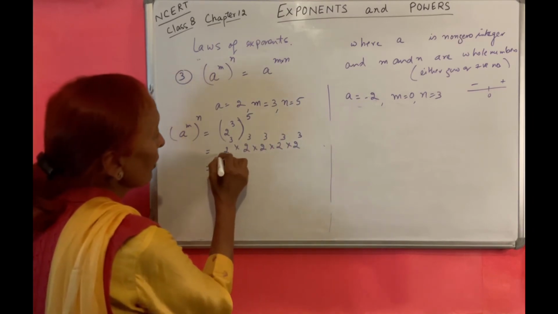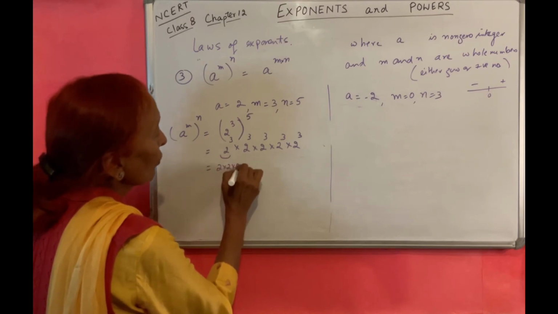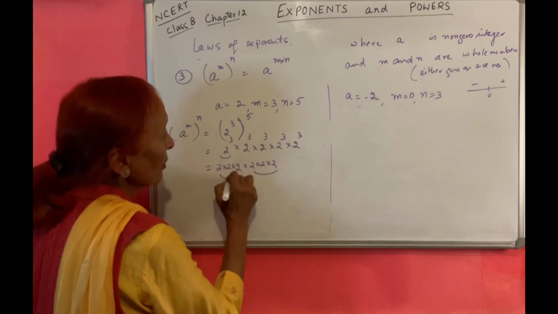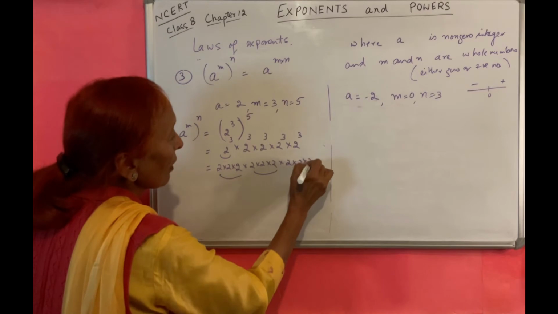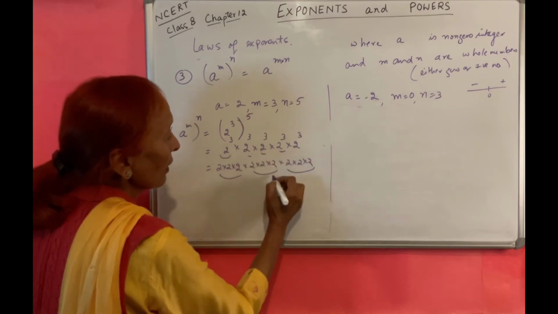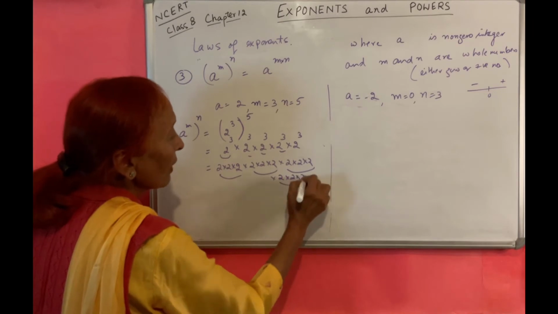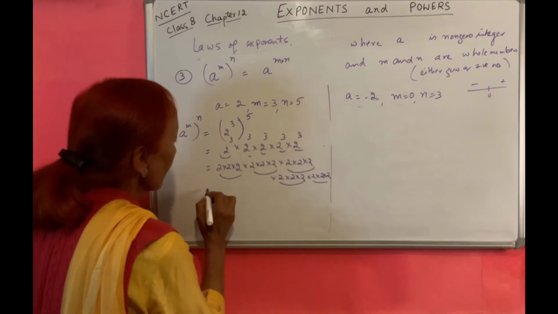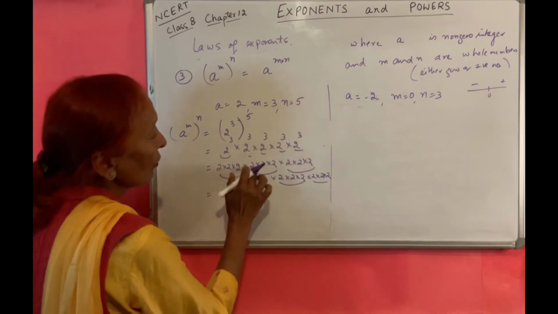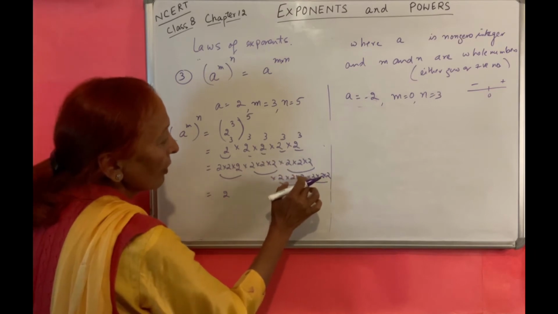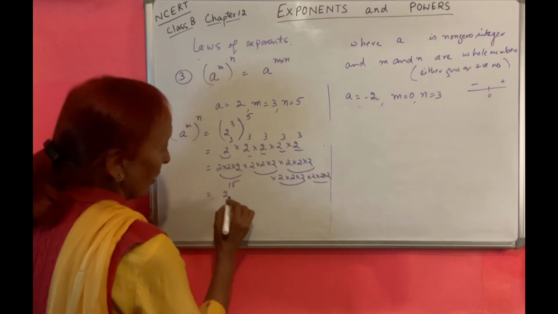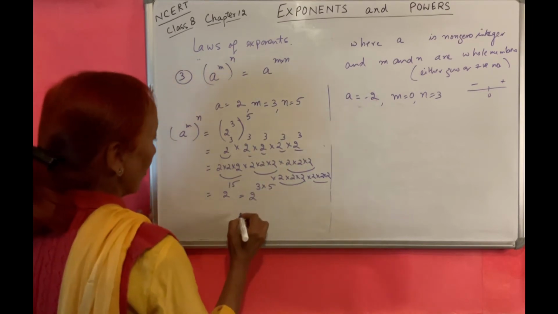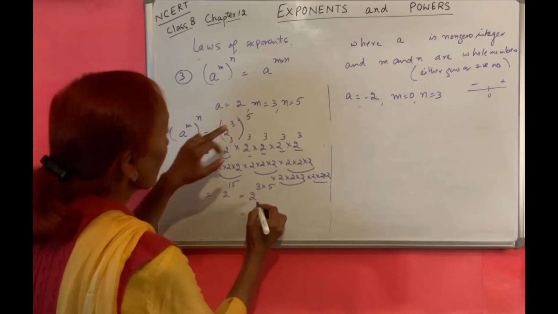So this again we will open, 2 into 2 into 2, 3 times, again this 2 into 2 into 2, 3 times, again this 3 times, okay, then this 3 times, then this 3 times, okay. If I club these together, what do I get? 2 raised to power 1, 2, 3, 4, 5, 6, 7, 8, 9, 10, 11, 12, 13, 14, 15. I can write this as 2 raised to power 3 into 5. What is 2 here? A. What is 3 here? M.